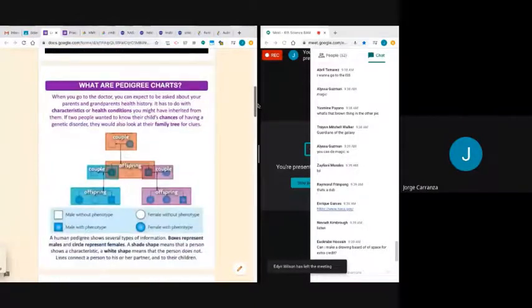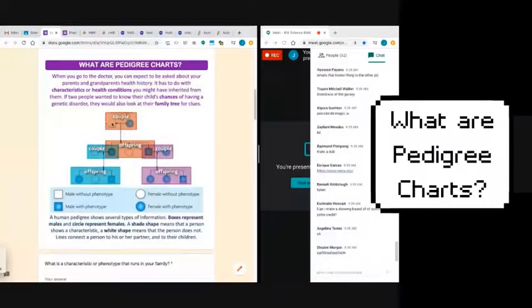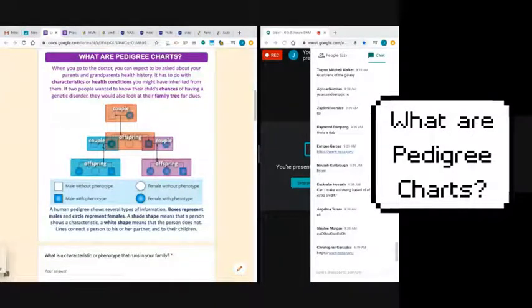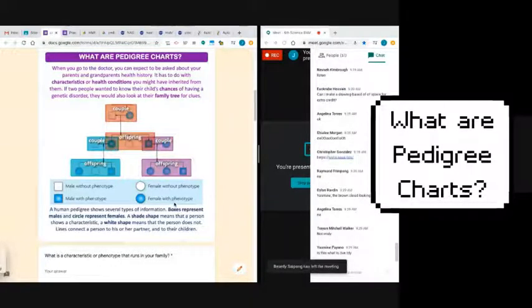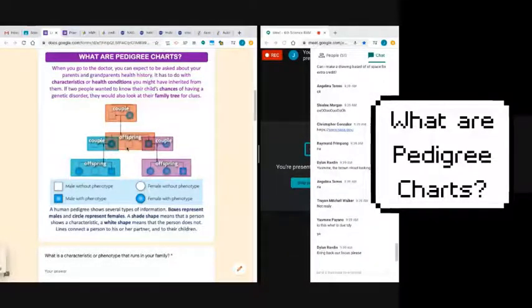And pedigrees, if you look at it, it looks a lot like family trees. If you ever did a family tree of your family, including your grandfathers, your uncles, your aunts, your cousins, yourself, your parents, it looks a lot like that because it is exactly like that. The only thing we add is something that we learned for the past weeks, which is phenotypes. So in this family tree, not only do we add every person in your family, but we also look at one